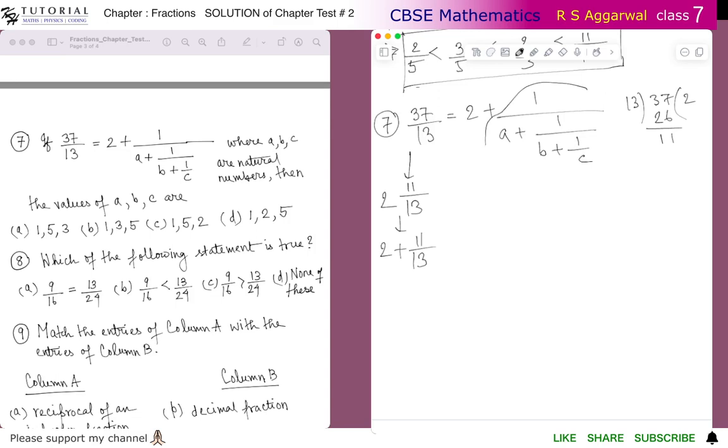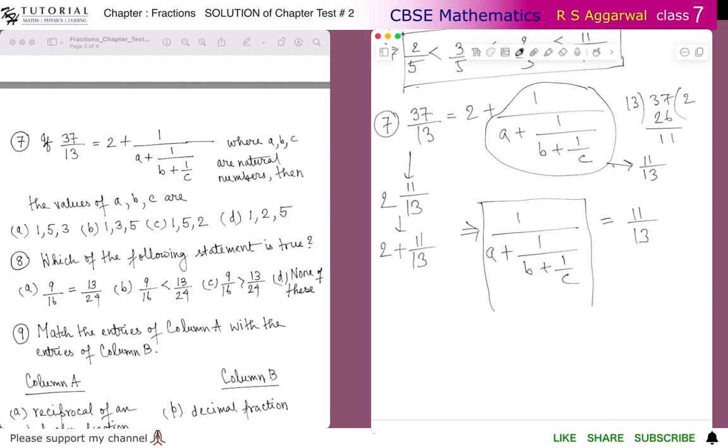So this something has to be equal to 11 by 13. So this implies that 1 upon a plus 1 by b plus 1 by c equals 11 by 13. And you see on the left hand side it is 1 upon something. So it's the whole thing on the left hand side. This expression is the reciprocal of